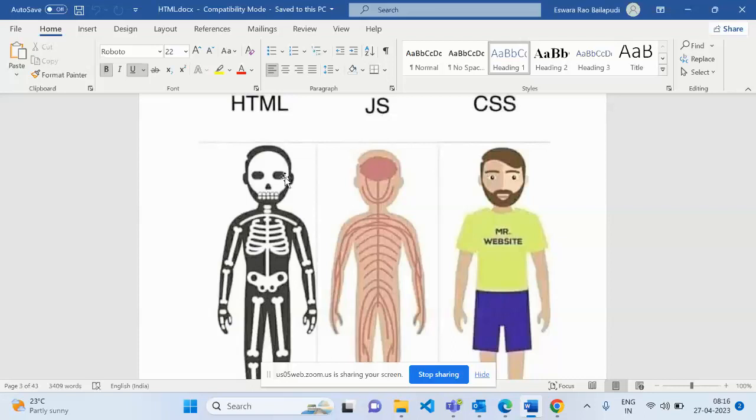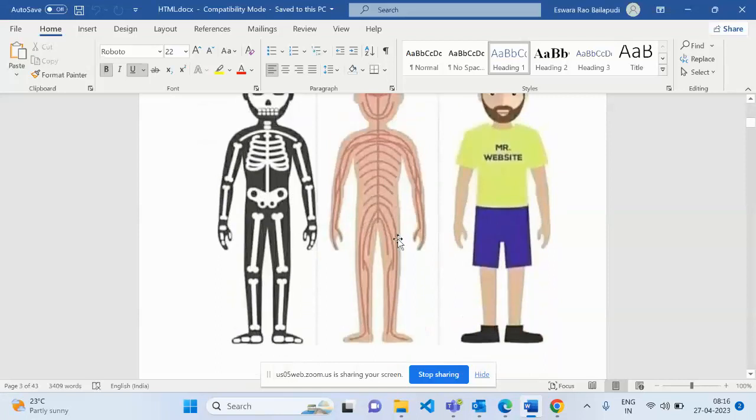If you observe the second image, it has some functionality. Functionality of the human body means all the brain and heart work on the nervous system, right? It means how you raise your hand, how your heart is functioning. The functionality is called JavaScript. And the third one is the coloring.